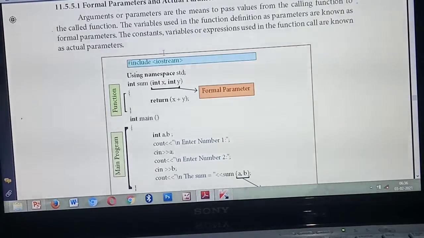Okay, so see the example program. What's the first line? Header file hash include iostream. What's the second line? Using namespace std. Third line, listen. What is this one? Int sum of int x comma y. This line we are calling a function. What's the general syntax for defining a function? First is the data type, then the function name, then the parameters. So what's the return data type? Int. What's the function name here? Sum. How many parameters are you passing? 2. What are they? X and y, of data type int.